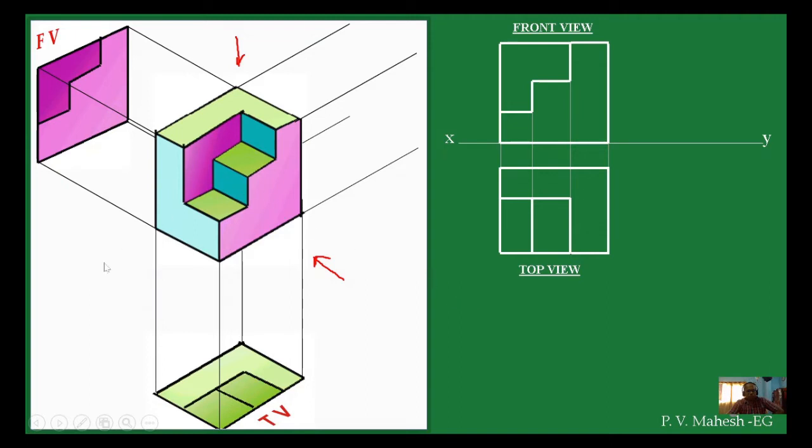Okay, now this is the right side view, sorry, left side view. If you are doing the left side view, you will see only this fellow. We will not see the lengthwise lines, we will see only heightwise and widthwise lines. In front view you will see lengthwise and heightwise lines. In side view you will see heightwise lines and widthwise lines. And in top view you will see only the lengthwise lines and widthwise lines. So that is the concept actually.